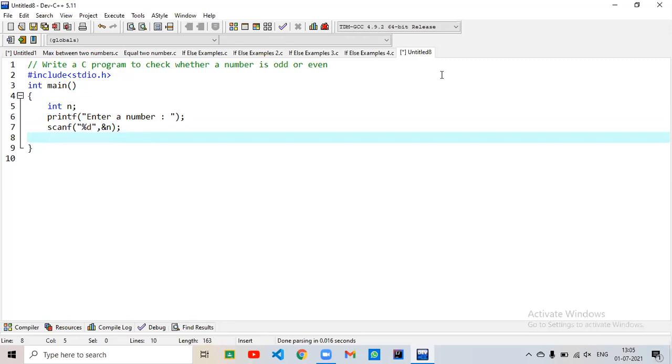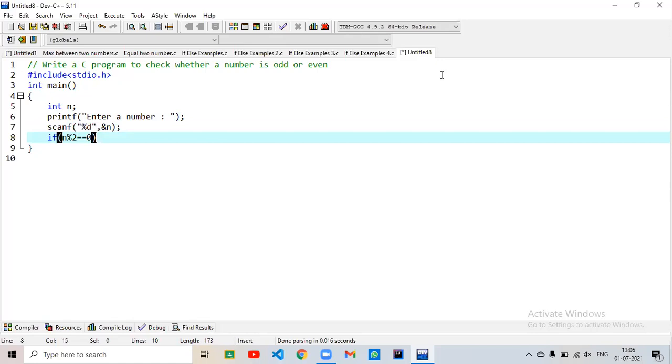Okay, so our first task has been done. That is the input. Now we will check whether if n mod 2 equal to 0.